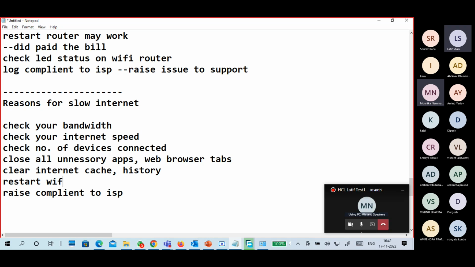Restart your Wi-Fi router and your PC. PC means system. Okay, these are some solutions you can do.